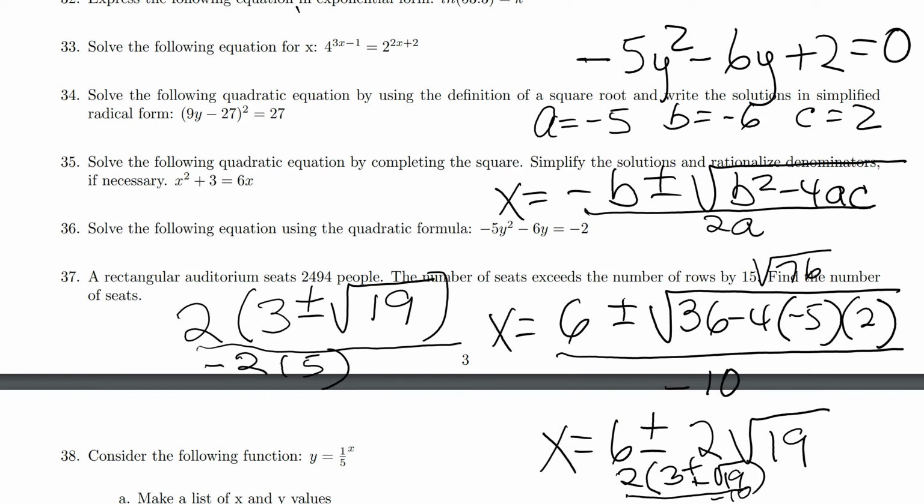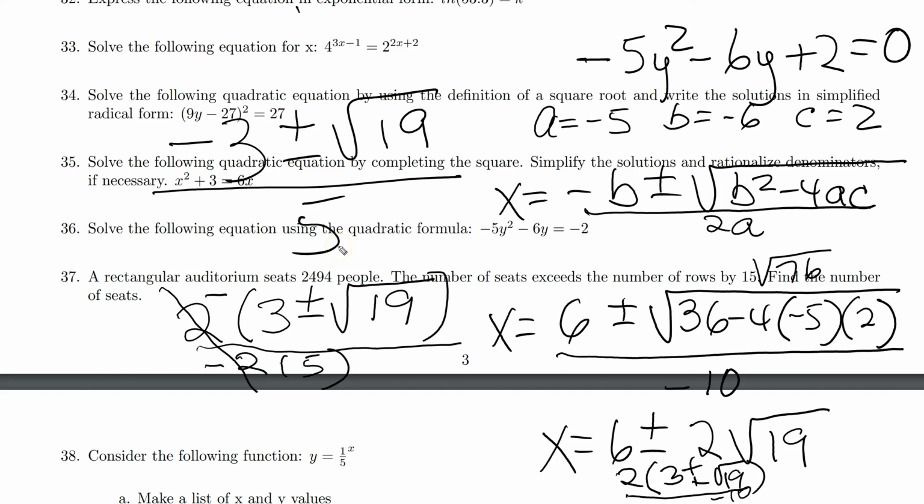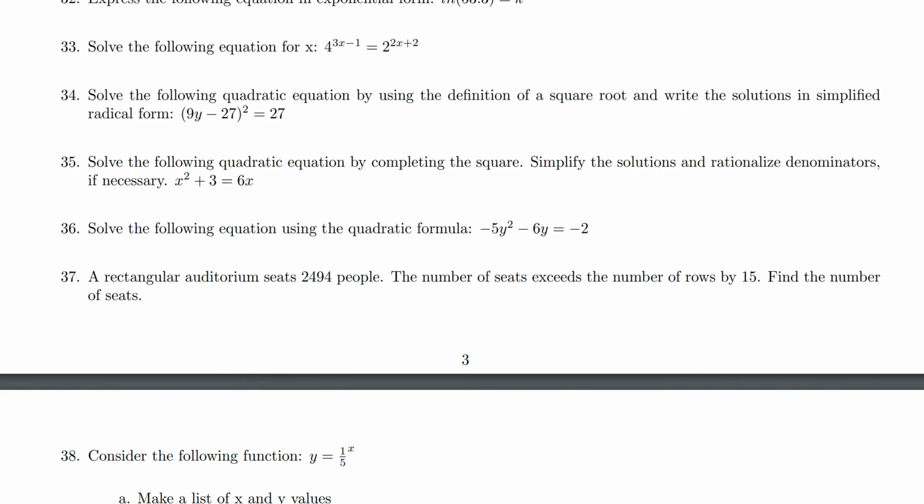Okay, so I've rewritten this over here, up over here. And I've taken that -10 and divided it into a -2 times 5. So here I cancel this out, and this becomes a negative in front of that parenthesis. So this will become a -3 then, plus or minus the square root of 19 all over 5. And that seems reasonable. Wow, so that was a kind of a difficult quadratic formula that they gave us there. All right, let's go on to